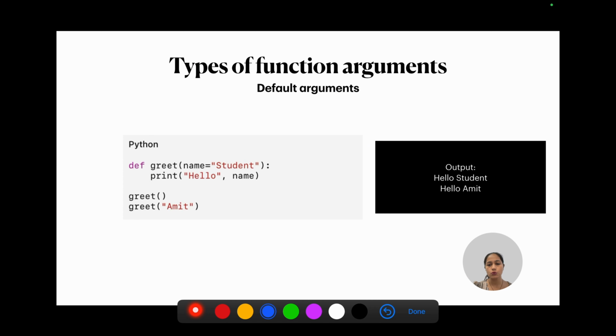A default argument is used when the function wants to take an argument, but the user doesn't give any argument. In that case, it will use the default argument only. We have used a def keyword, function name is greet, and the argument is name. If the user passes some argument in name, it will print hello name. If it doesn't pass one, it will automatically assign the default value student.